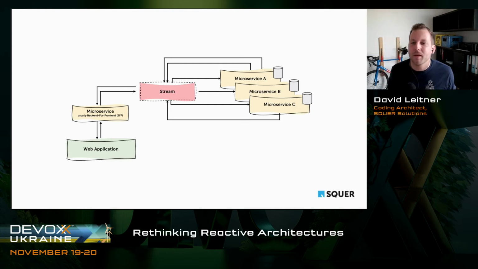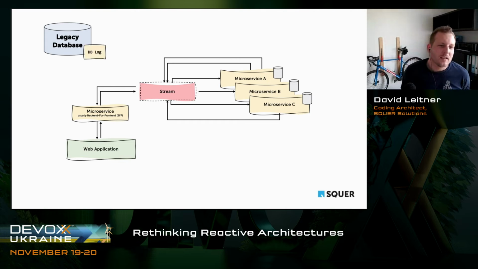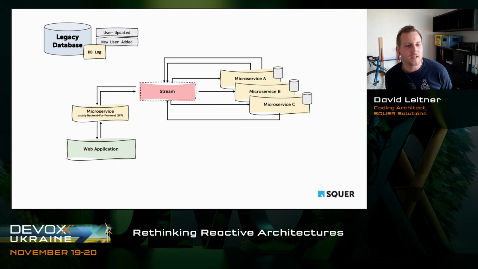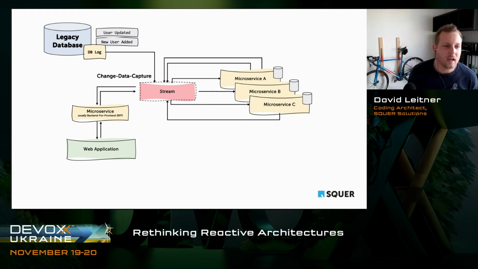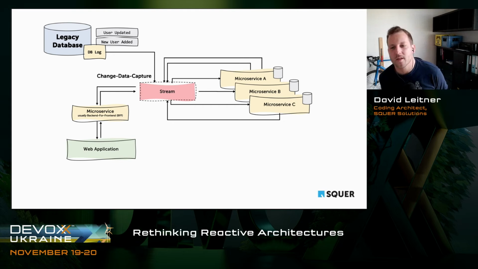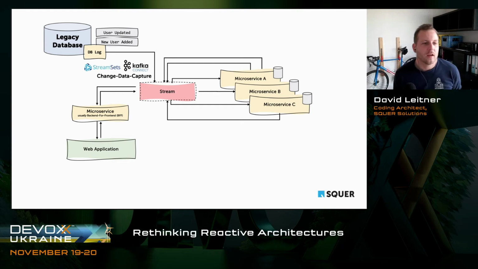But let's assume we do this a lot these days. If you have legacy databases, and you also want to provide events from these legacy databases, maybe there's a legacy system where somebody writes into this database all the time, and you cannot extend the legacy system, then this database usually has a DB log, which is basically just a list of all transactions that are happening, right? And we could, for example, easily change-data-capture these events into our stream. So it's also working the other way around, which is quite important to know. This is, for example, where StreamSets or Kafka Connect come into play.